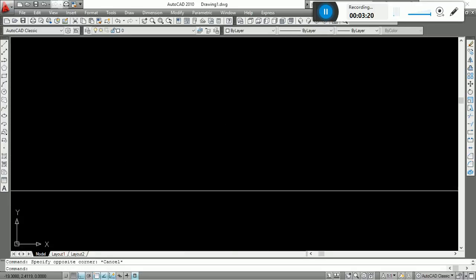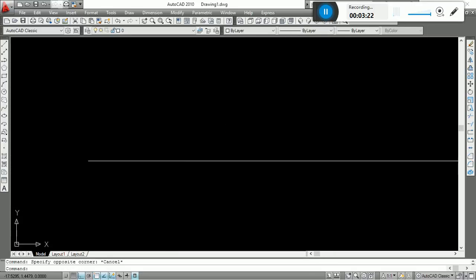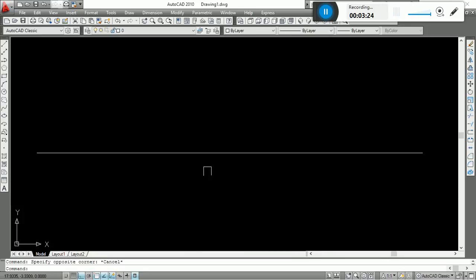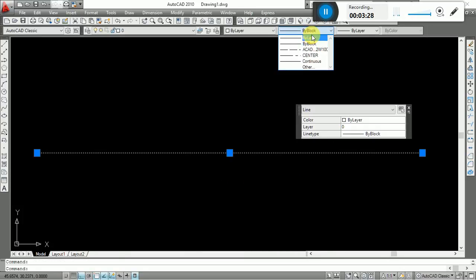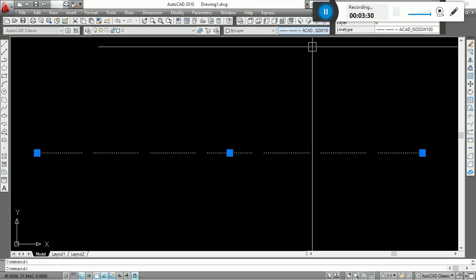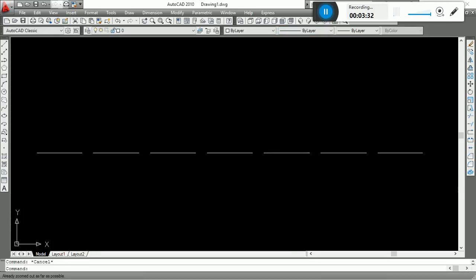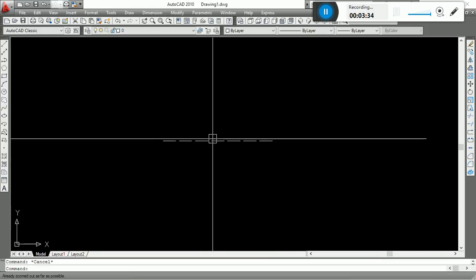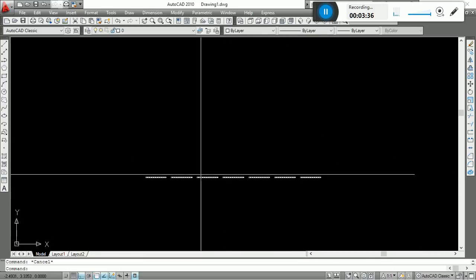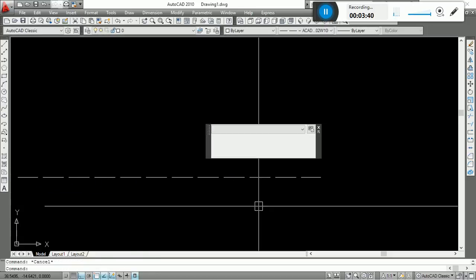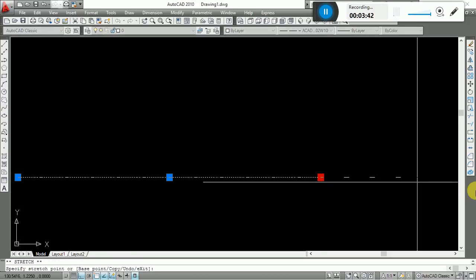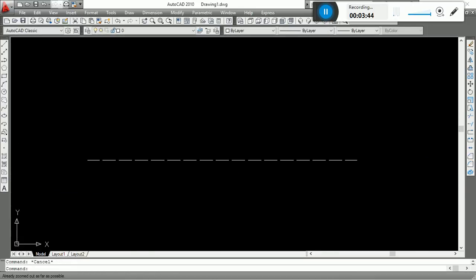And again it doesn't show me here. So what I'm gonna do, just click on the line, select the line. Here it shows ByBlock. Again click. Now it is the hidden line. Okay, if you make this greater,